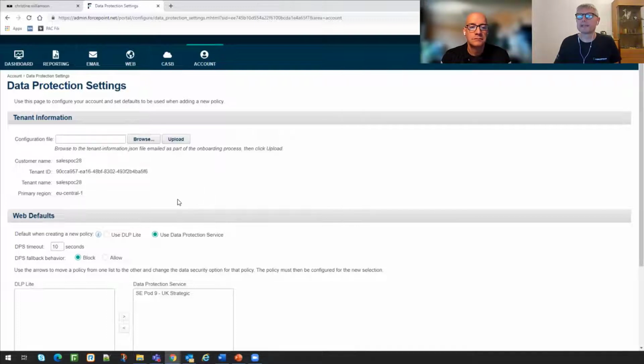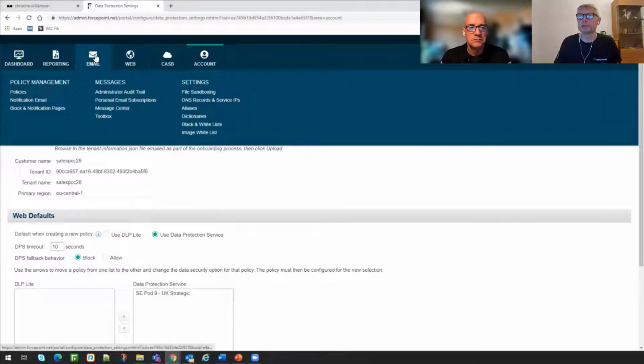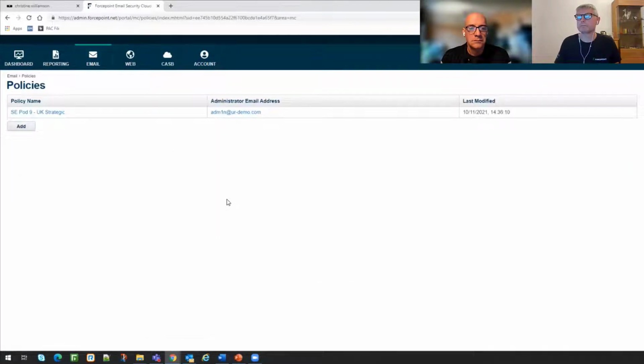Once, in essence, we've integrated the two services together, the final part of the configuration within the cloud security portal is to move into an email security policy. Now you can see here we've only got a single policy, which is not untypical, because you can have a single policy which monitors and manages many different email domains. Now, if I actually select the policy,